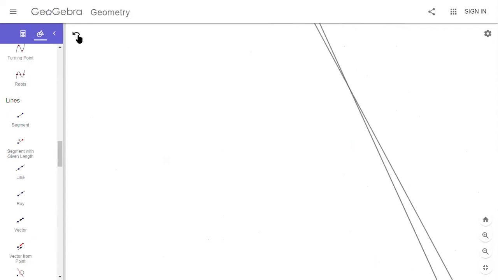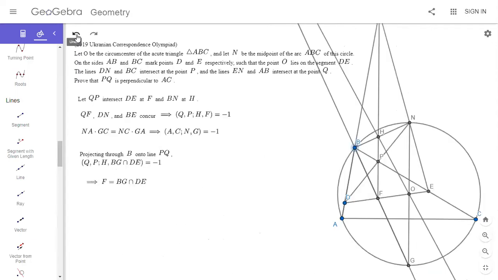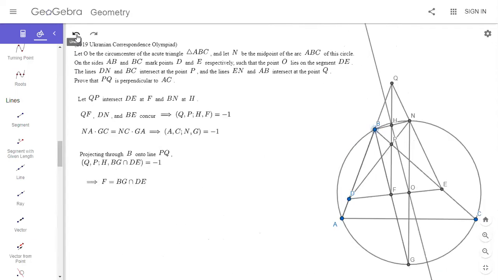Yeah, they intersect way up there. But I feel like we're really close, right? It's probably just, so O is the midpoint of NG, right? It feels like, let's see. So F,